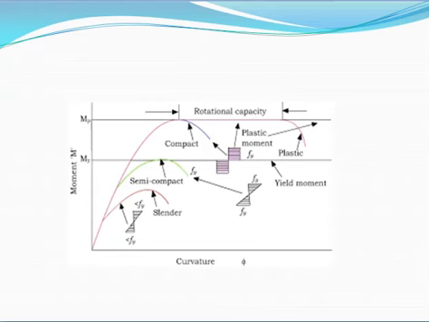Next one is, when the plastic analysis is used, the members shall be capable of forming the plastic hinges with sufficient rotation capacity without the local buckling to enable the redistribution of bending moment required before the formation of the failure mechanism. So this is a very important point. What is said in that point? When the plastic analysis is used, members shall be capable of forming the plastic hinges.